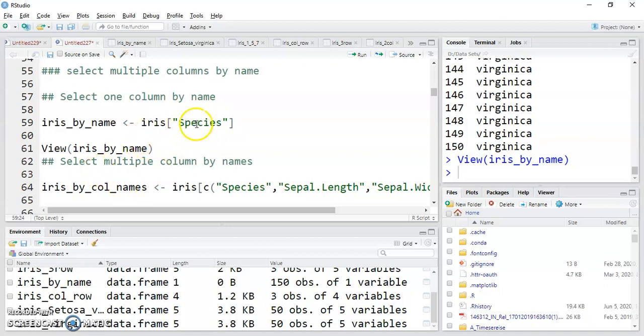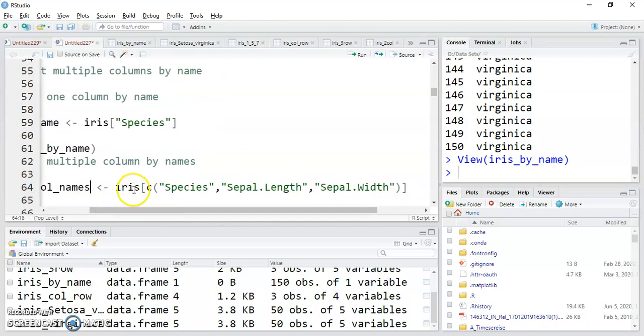Suppose I want to extract multiple columns by names, so this is the command for that: iris_by_col_names. This is my new R object, equal to iris in square brackets, and I have mentioned the column names which we want to extract: Species, Sepal.Length, Sepal.Width. So basically these three columns will be extracted from the original data frame iris.